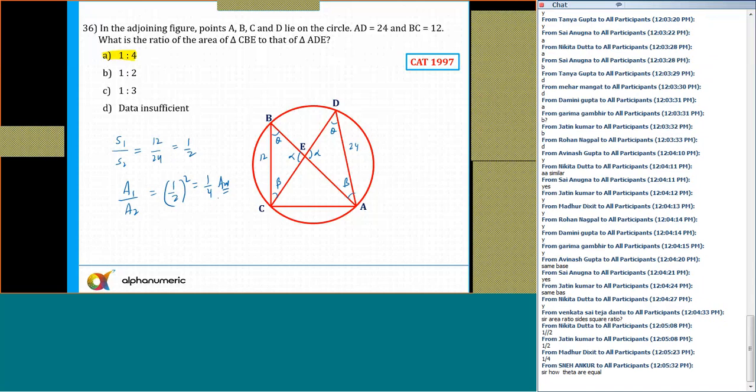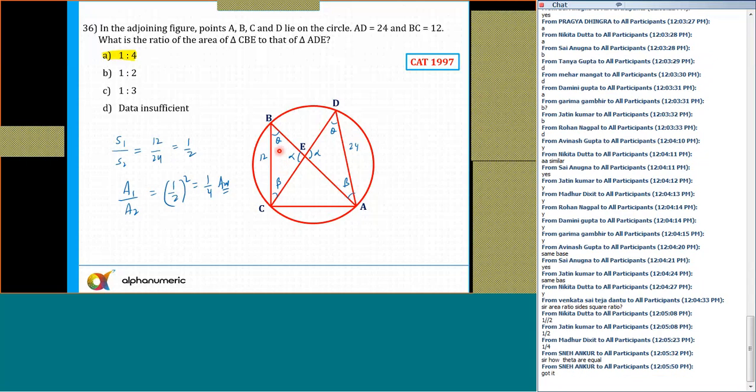So this was also an easy one. I don't know why some of you have got it wrong. How are the two theta equal? Angles subtended by the chord in a circle are always equal, or angles subtended by an arc are always equal. CA is the arc, or CA is the chord. So the angle subtended by chord CA anywhere in the circle is always going to be the same. So these two angles are equal, theta and theta. Clear now? Can I move to the next slide?